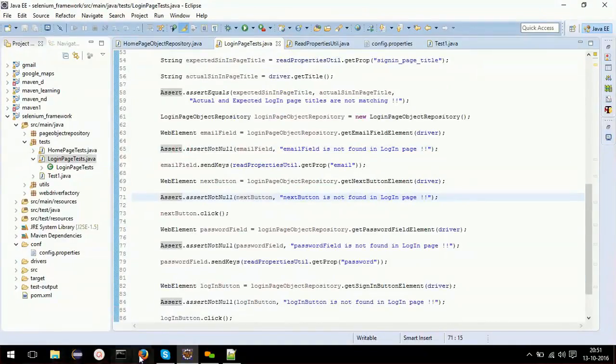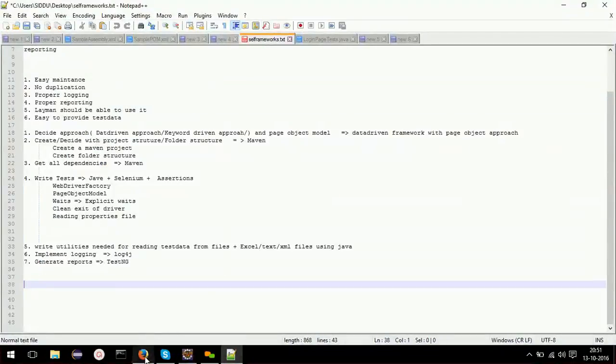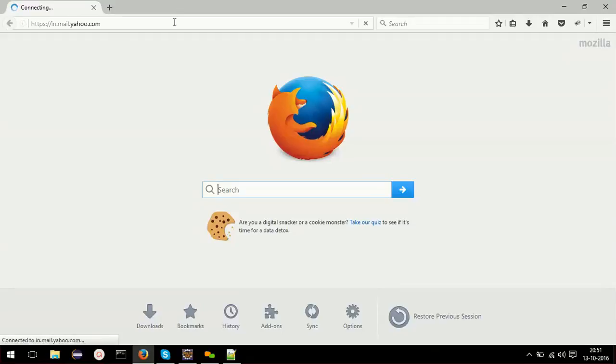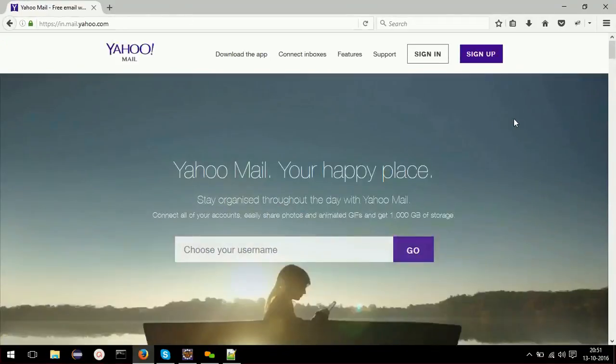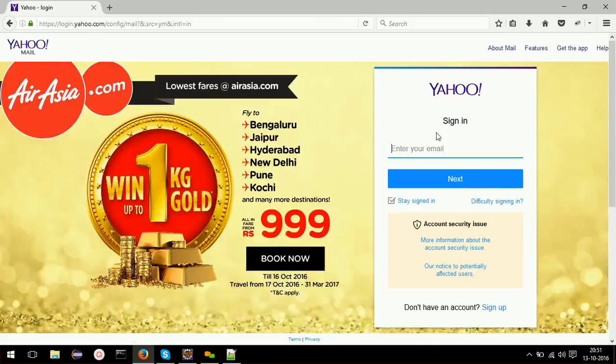Okay, I'll show that here. So first I'm opening this page. Then clicking on this link or this button. I'm taken to this page.